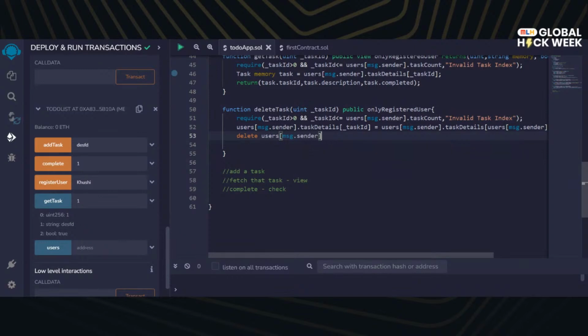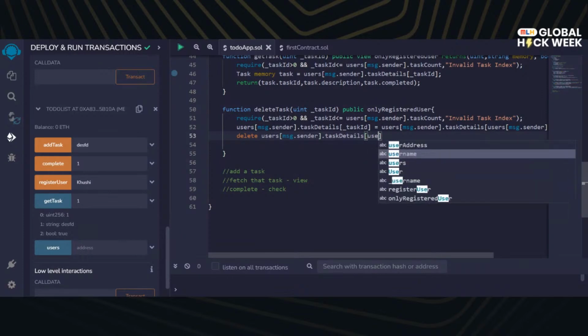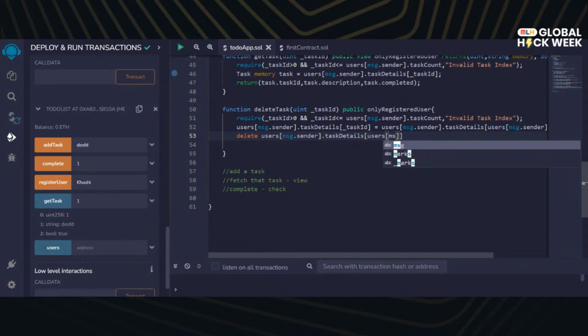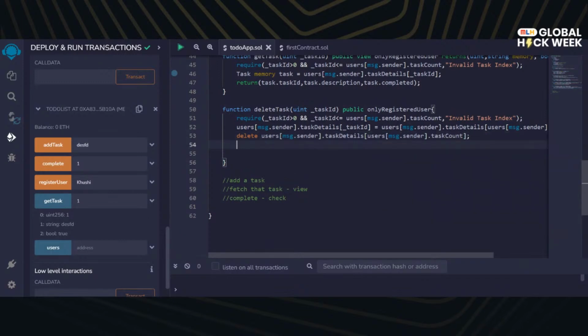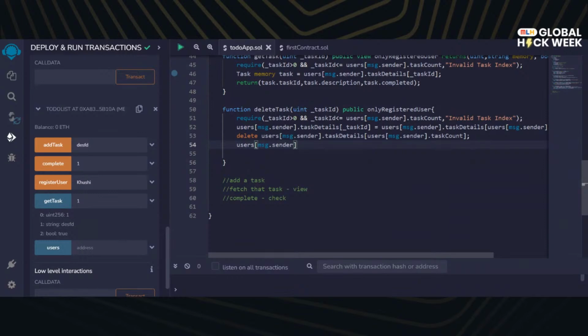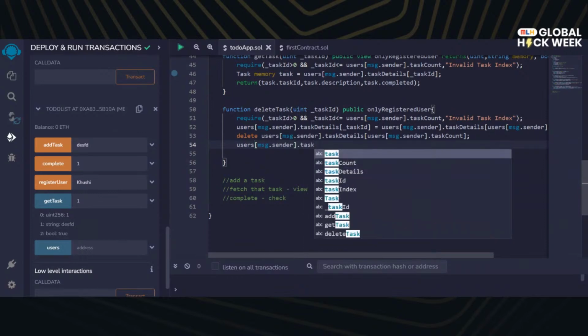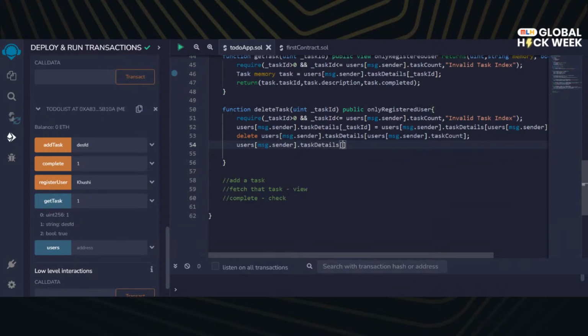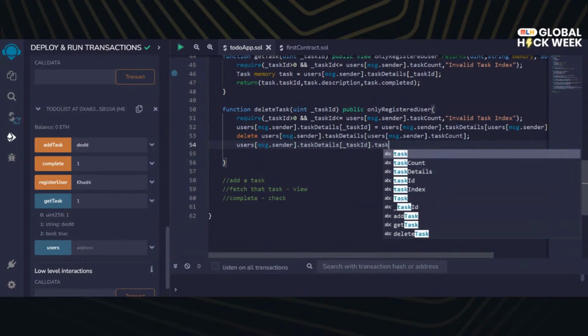I'll explain this again in case you all got confused here in between. Task details, and now I know that I'm deleting the last task index. Fine. Same thing. And I'll also rename the task index of the task I've pushed forward. Task details. And I'll fetch the task. I know the task ID is this. For this particular task ID,